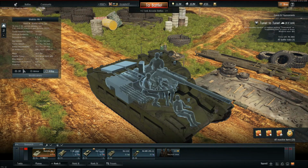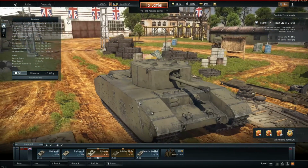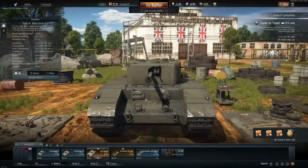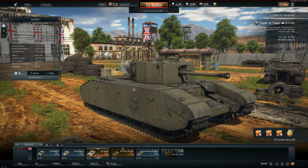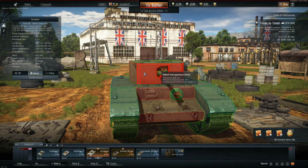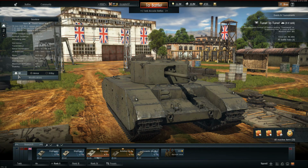And the other one is the A33 EXCELSIOR, however you pronounce that. But basically, it's kind of like an assault variant of the Cromwell tank. You can see it's like 114 millimeters. So this is a bit thicker than the Tiger 1, but essentially, when the Churchill tank design kicked off,